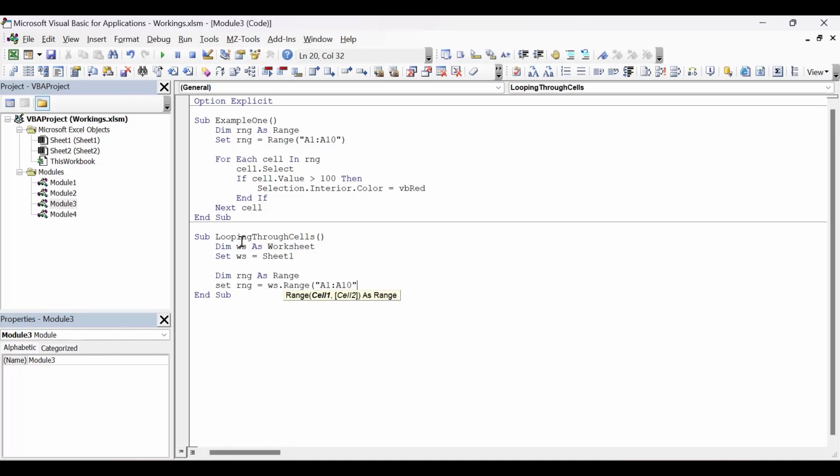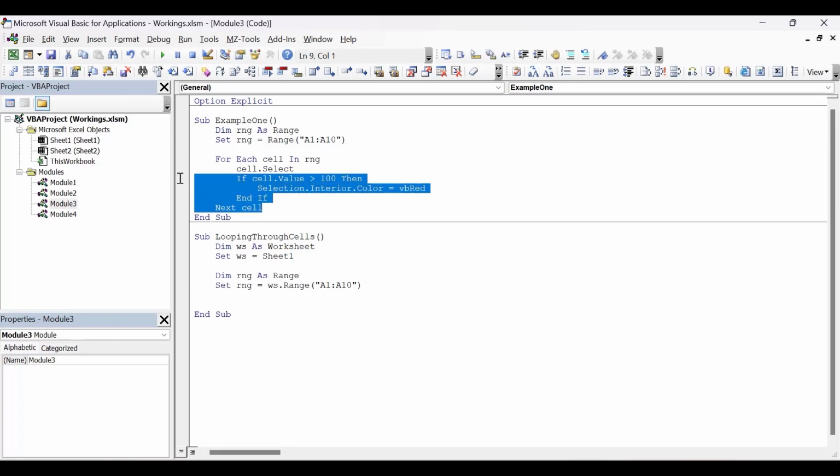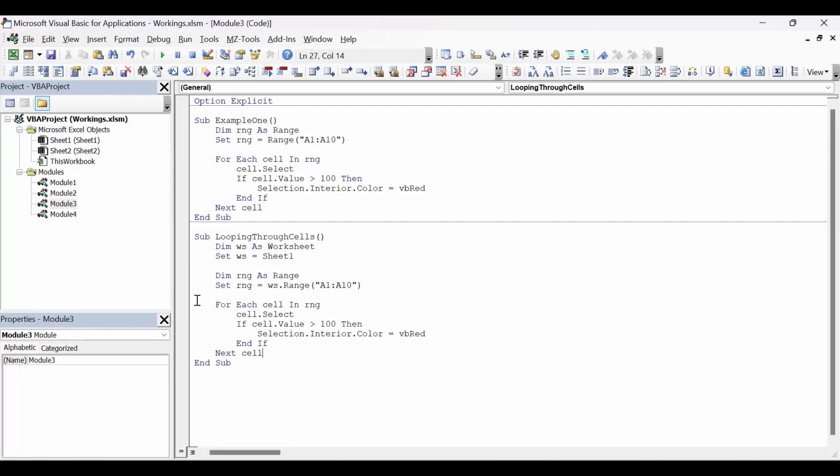And then the for loop. So I'm going to copy this, paste it here, and then I will edit this. So for each cell in range, I don't need dot select. If cell dot value is greater than 100, then instead of selection, cell dot interior dot color is equal to